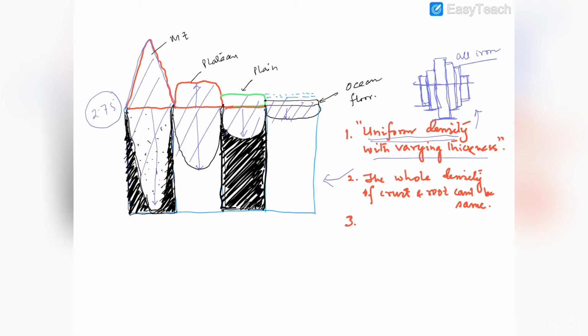And also in his theory of flotation, Sir George Airy said that for every 1/10th part of the crust above the surface, there would be almost 9/10 of it beneath the surface. So in that sense, if we take the height of Himalaya as almost 9 kilometer, so according to George Airy, 9 times of it, that is almost 81 kilometers, will be the root formation,